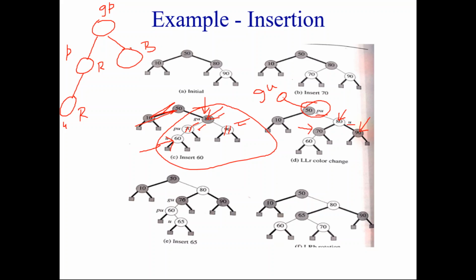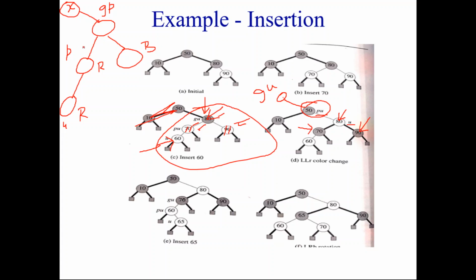When you perform a rotation on the grandparent, the rotation part, whatever we have discussed for AVL, is the same. If the grandparent has another parent, say X, then P will come as a child of X. If GP is the right child of X, then P also will come as the right child of X. And GP will become the right child of P, and so on and so forth.